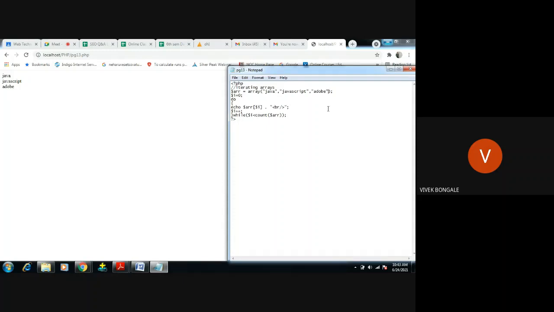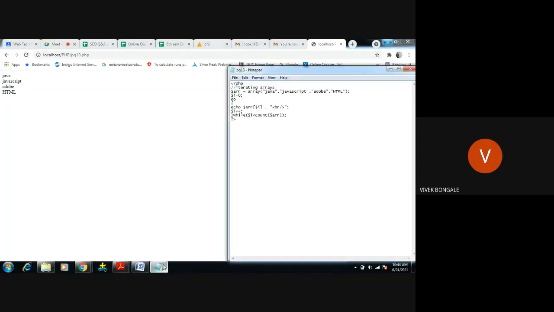Okay, for the difference I will write one more value in the program. Okay, I will add one more value in the array there. Save, you got the value, right? So same thing, while and do while both work the same. The only difference is that in do while the first statement will execute, then it will check the condition. But in while it will first check the condition, then the statement will execute. That is what the do while is, right?